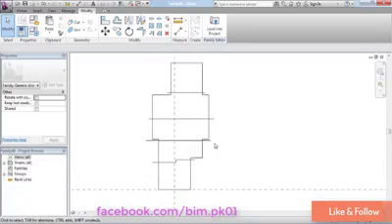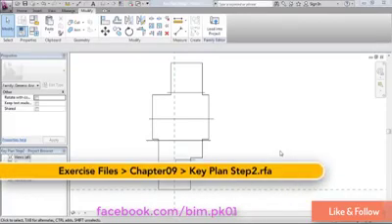So we'll leave it there for now, and in the next movie we will begin creating our key plan family from this basic geometry. Continuing with our parametric key plan family, we've traced over the floor plan from the project